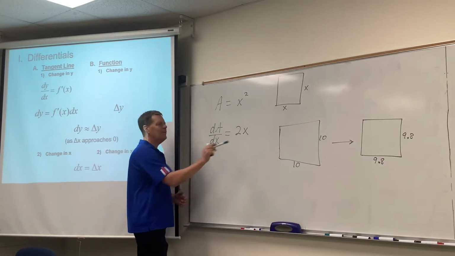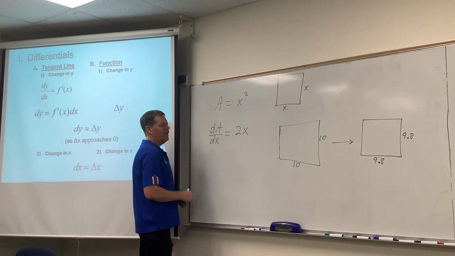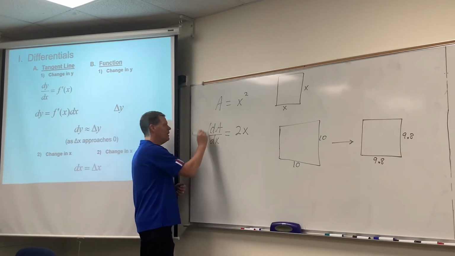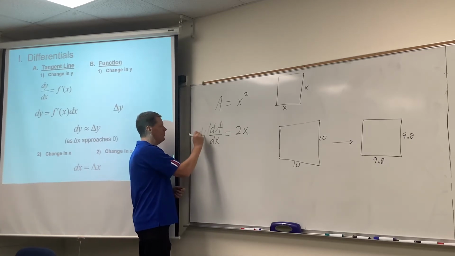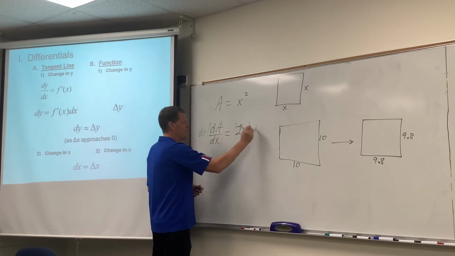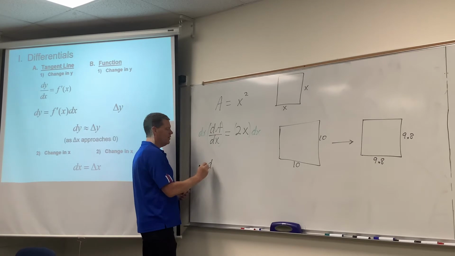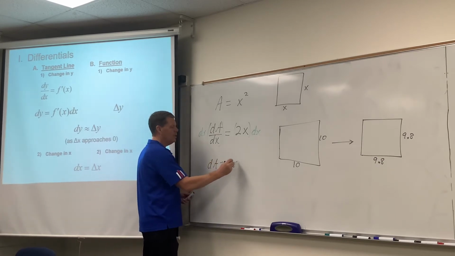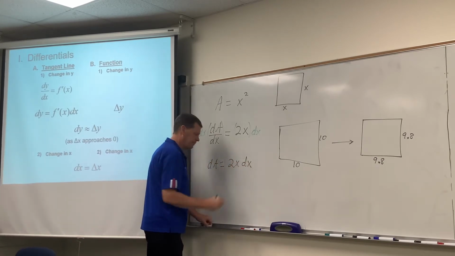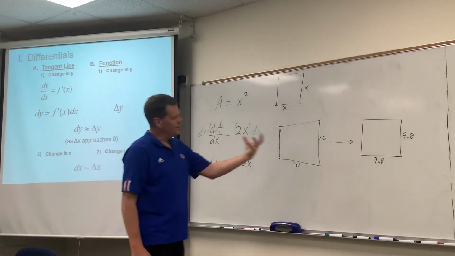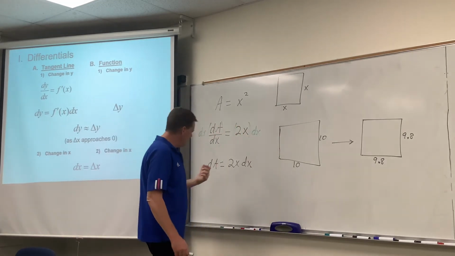See, they wanted to know how much change in area was there. And symbolically, that's dA, the change in area. So the idea would be, let's solve this for dA by multiplying both sides by dx. And so we get the idea that the change in area would be equal to 2x dx. All right? So now, the specifics of this question,